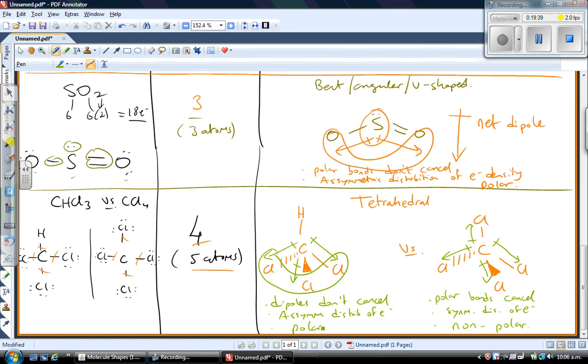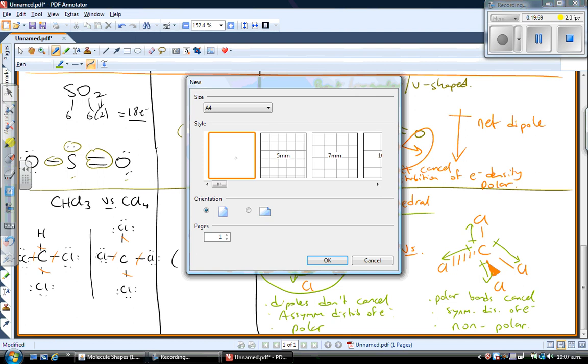So it's incorrect to say that every time you have a tetrahedral shape, you're going to have a polar molecule or a non-polar molecule. You have to look at the particular example and decide for yourself based on the elements involved. Now that is the first of the 4 possible shapes you can have for 4 electron clouds. So I better do the other 3. We're going to need a new page. So if I set up a new page,